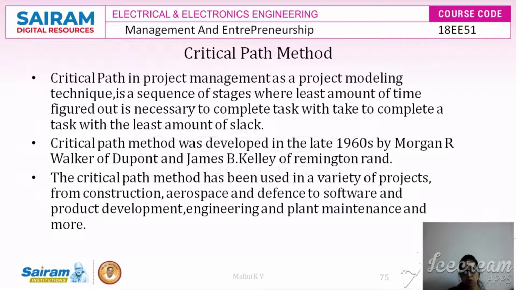It takes all the tasks into consideration with the least amount of slack time. The critical path method was first developed by Morgan R. Walker of DuPont in the 1960s.